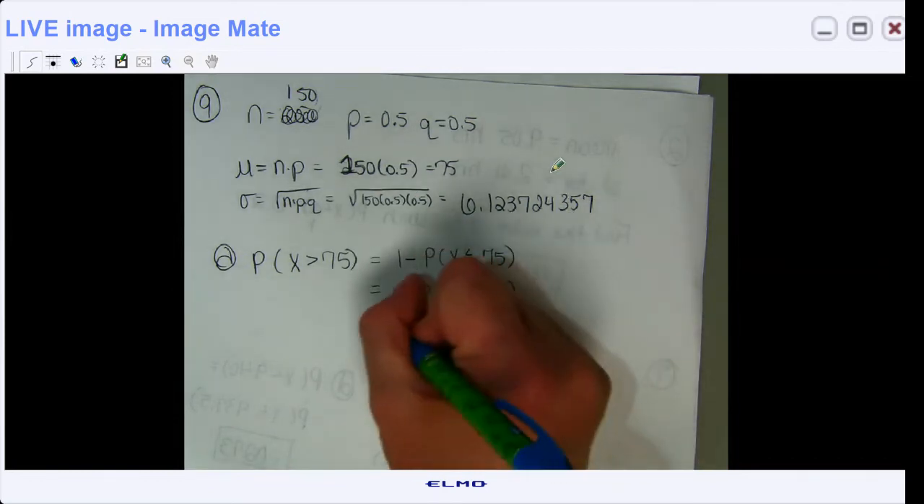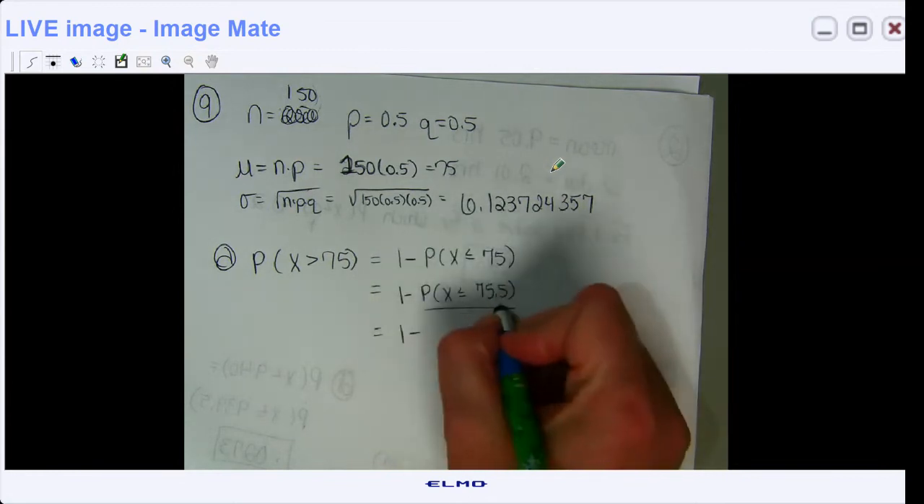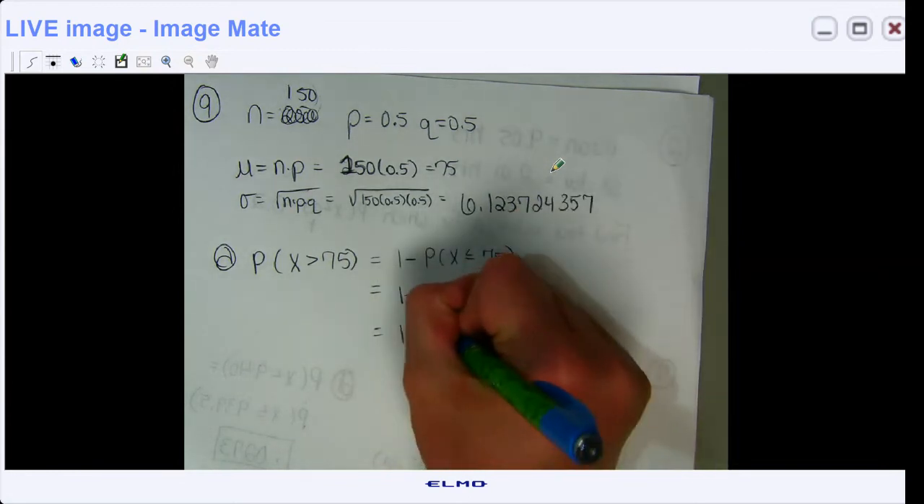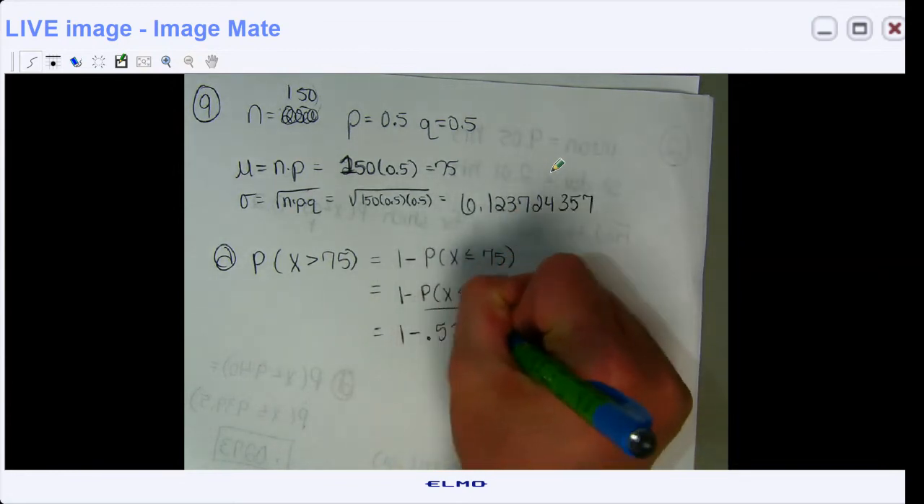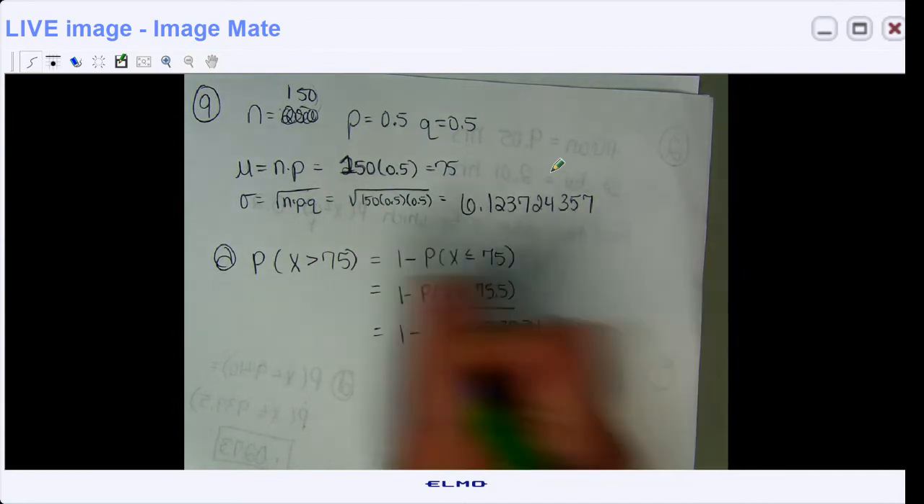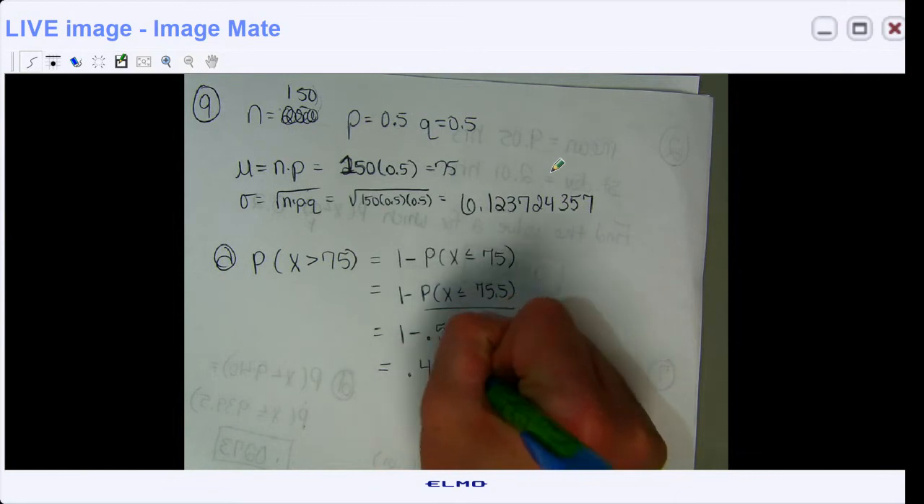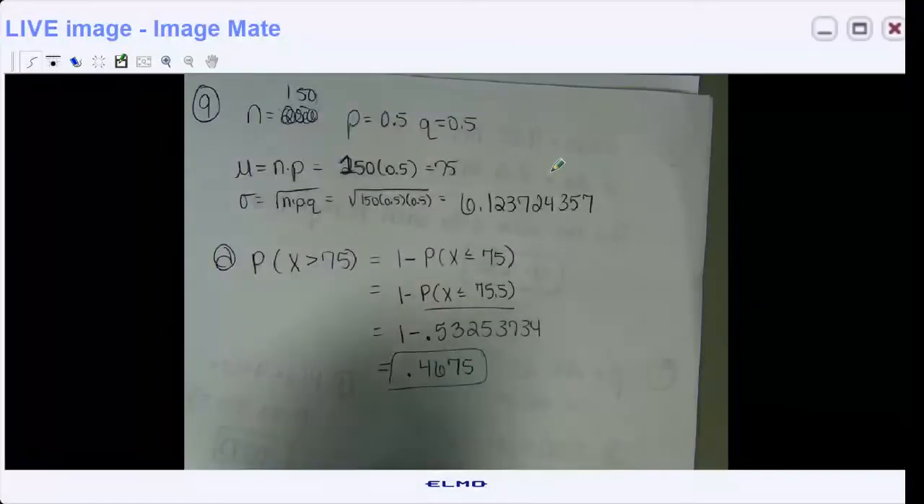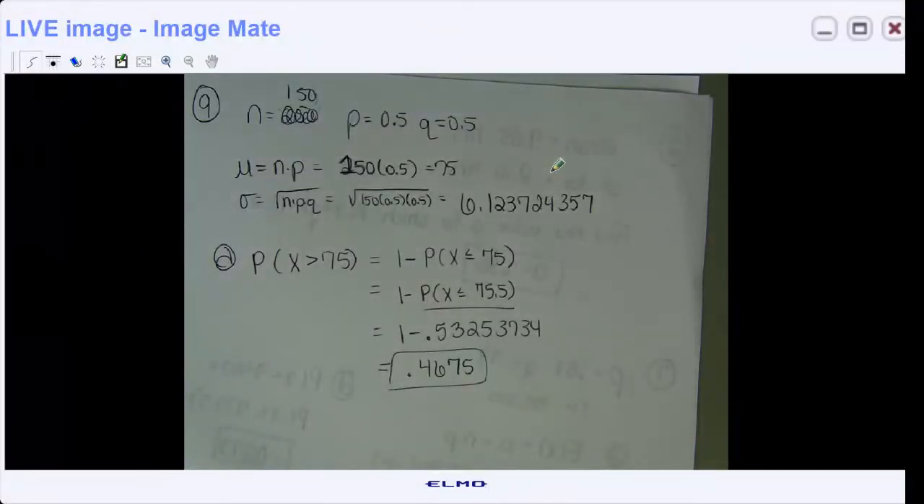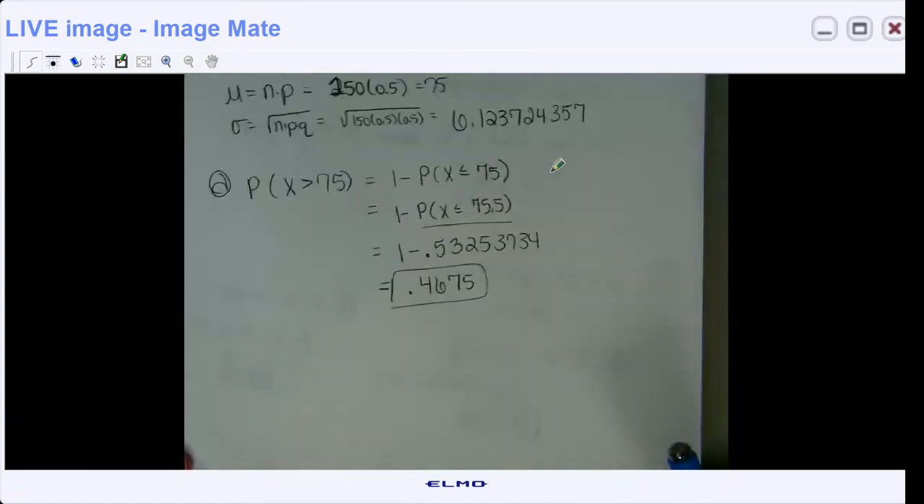Okay. So when I put that into StatCrunch, I'm getting out 532533734, and it ends up giving me a probability of 0.4675 if I'm rounding that to 4 places. Okay. So that was part A. Part B is going to be very similar,